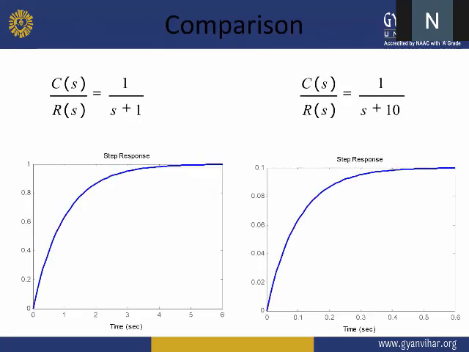Okay, this shows that with a different time constant, your step response is getting faster. In this case, you are getting a response at a steady state value. You are almost getting a response of 98% at around 4 seconds. But here, you are getting 98% of the response at this point, point 4. Okay.